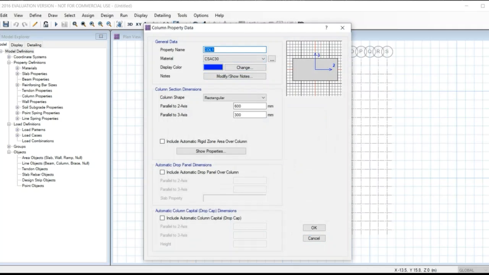Now here we have to enter the two column sizes, 500 and 600. Select the material M40 and give the dimension 500 into 500.